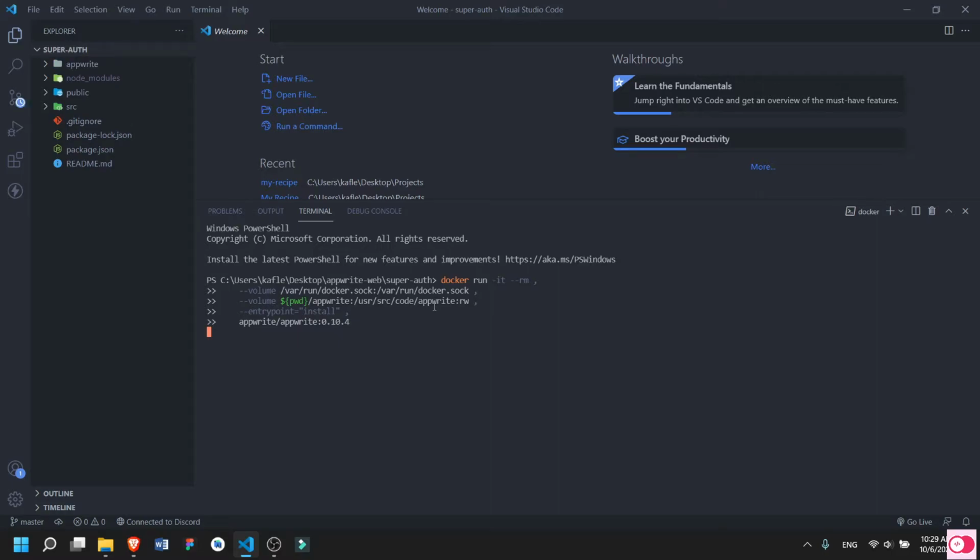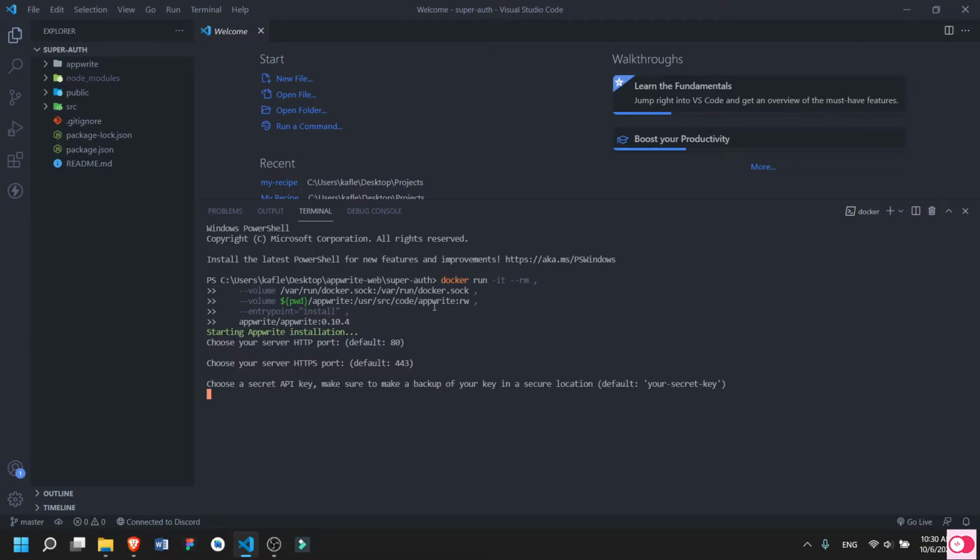Now let's wait for some time so that Appwrite will get initialized. Then it is asking me to choose HTTP port. I will keep it default, that is 80. To keep default, I will press enter, but if you want to change the port, you can write here like port 90 and press enter, but I will keep it default for now. I will keep this also as default.